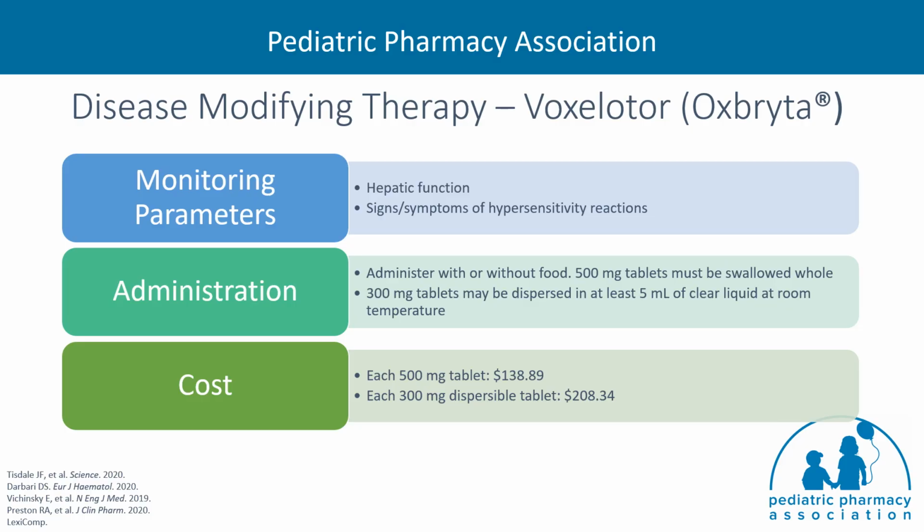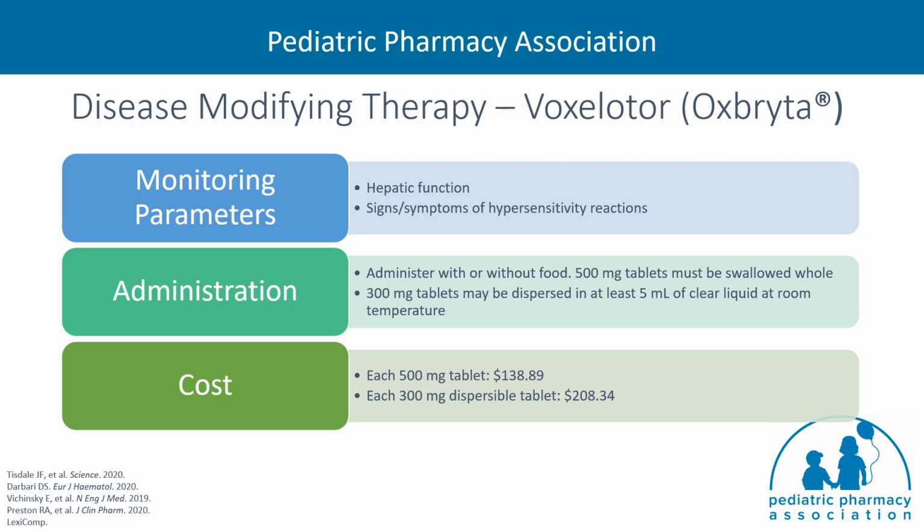When looking at our monitoring parameters, we do want to monitor hepatic function. If you'll remember, we do dose adjust for severe hepatic impairment, as well as signs or symptoms of a hypersensitivity reaction. It can be administered with or without food, and the 500 milligram tablets must be swallowed whole. So it's primarily going to be your adult patients or those older than the age of 12. There are 300 milligram tablets available, and those tablets must be dispersed in at least 5 mLs of clear liquid